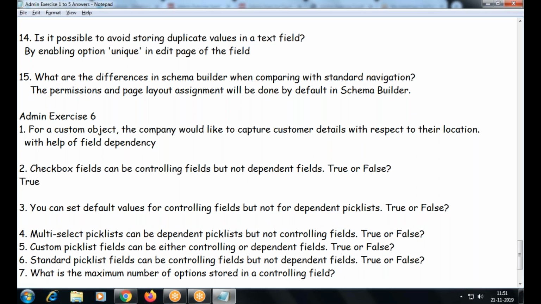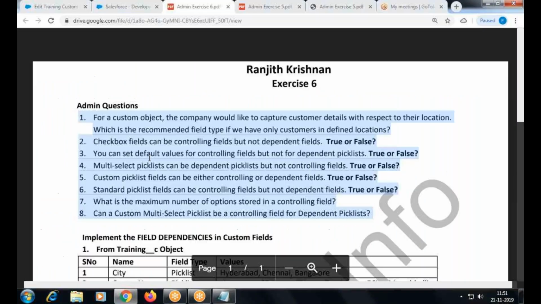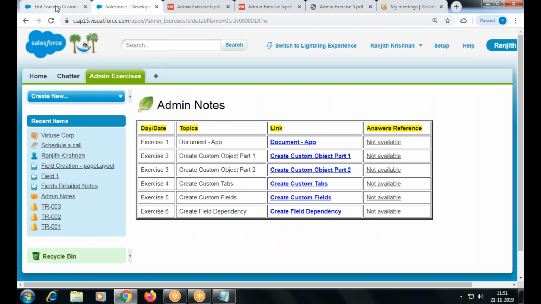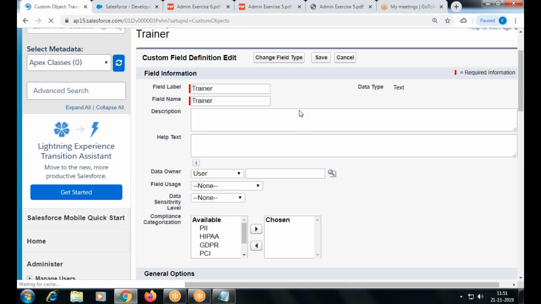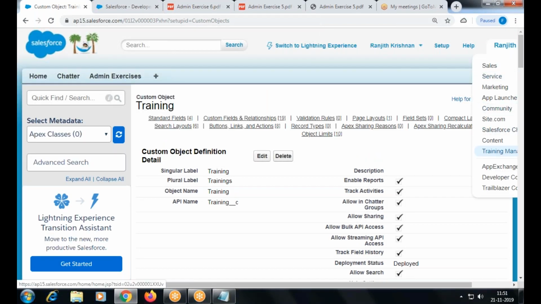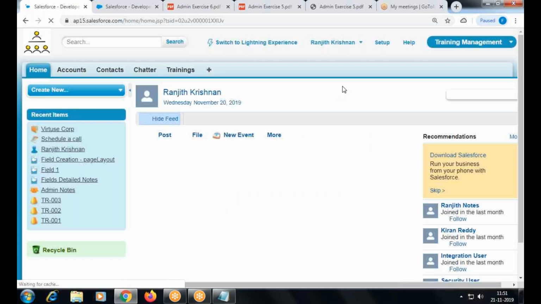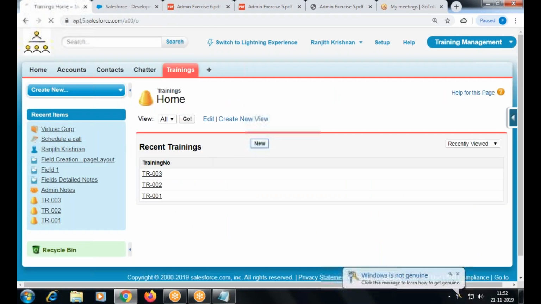You can set default values of controlling field, but not for dependent field. You know about default values? When you just create any new record, I need some default value. You go to any map, I click new.